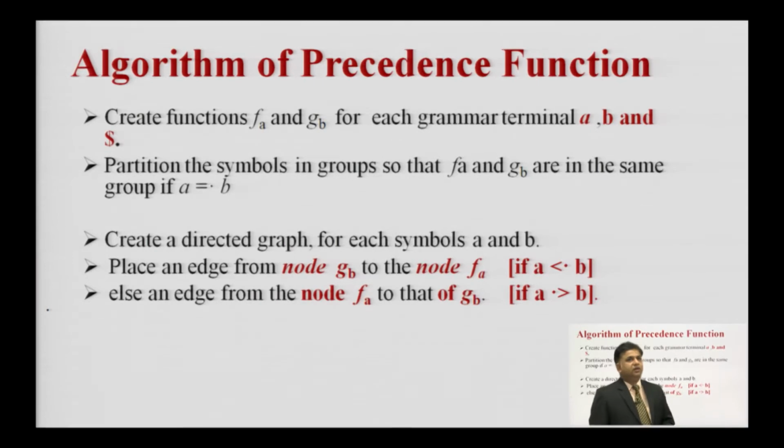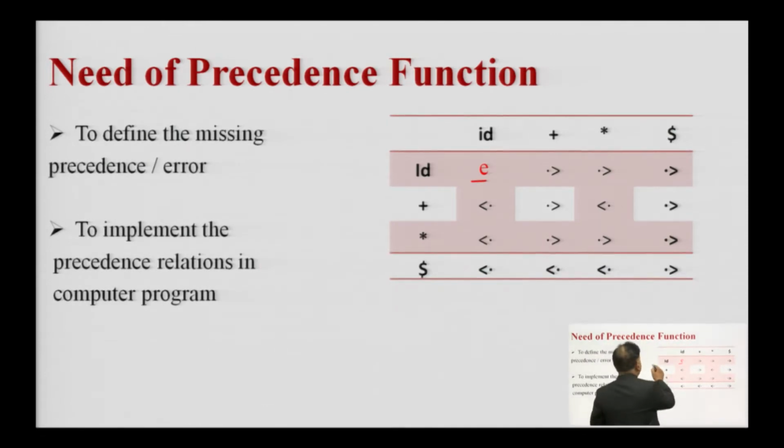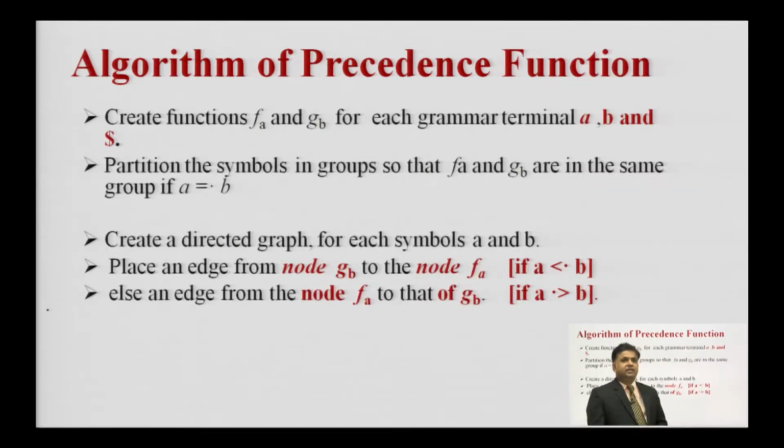So, the algorithm for the precedence function is that we create a node for each terminal symbol in both directions. Suppose this is f and this is g, right. Second step, we will group the terminal symbols which have equal precedence. Third step, we will create a directed graph for each symbol a and b in such a way that if an edge from node GB